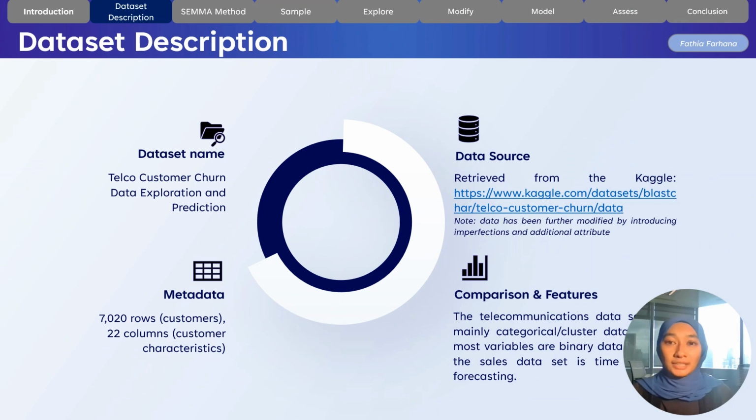Since the original raw dataset from Kaggle is basically a clean dataset, we have modified the data by introducing imperfections, such as creating missing values, including additional attributes on timestamp series, and creating a synthetic dataset, basically to realistically simulate real-world data scenarios. This approach also enabled the project to showcase essential data pre-processing skills, such as how to handle missing values as well as inconsistency, which is critical in real-world data analysis.